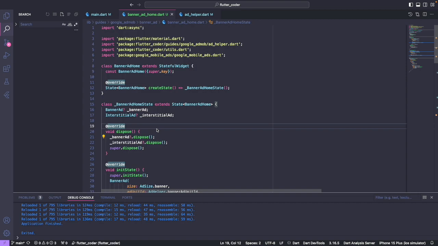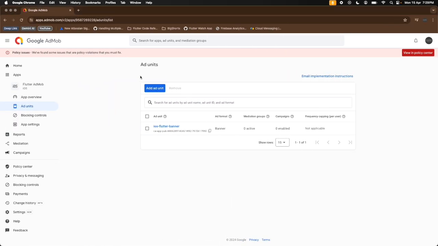In the last video, we saw how we can display the interstitial advertisement for our Flutter mobile application. In this video tutorial, we will see how we can display the rewarded advertisement for our mobile application, and how we can deliver the reward that we have configured to the users. So for that, first we need to go back to Google AdMob, go to our specific applications